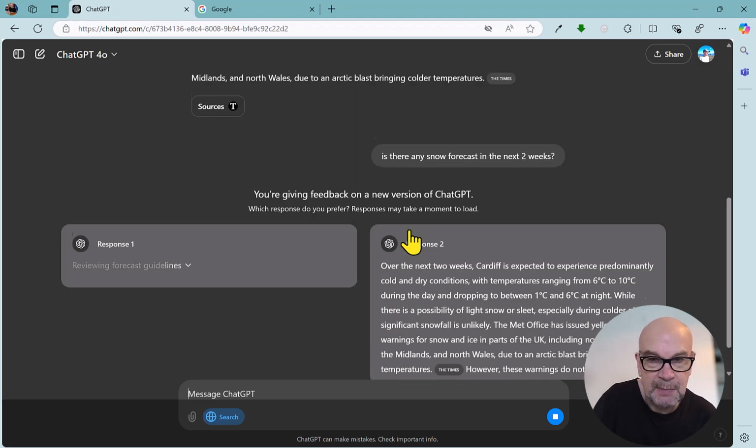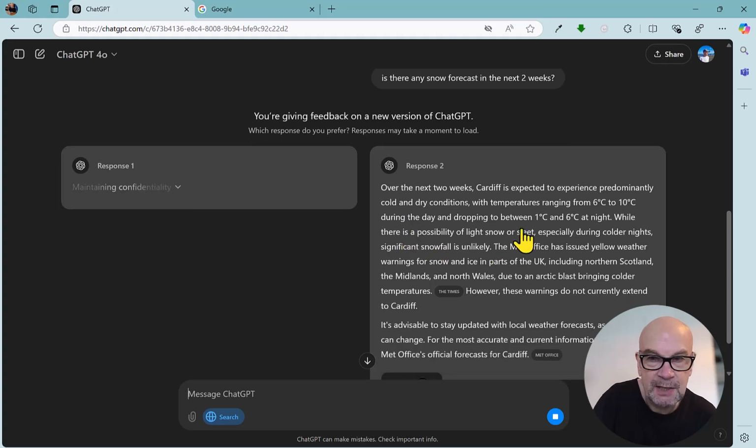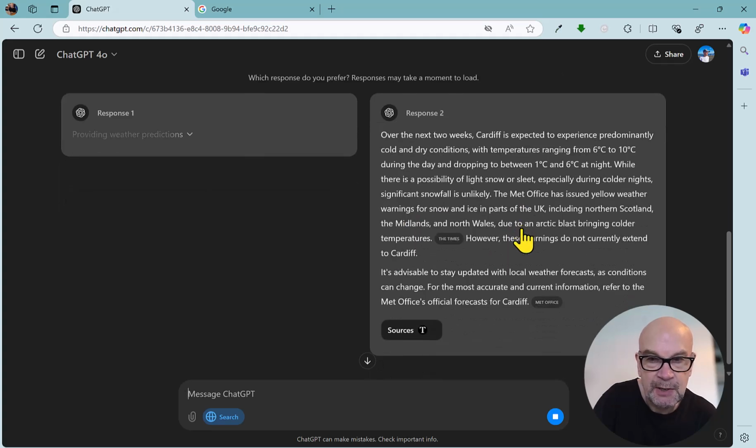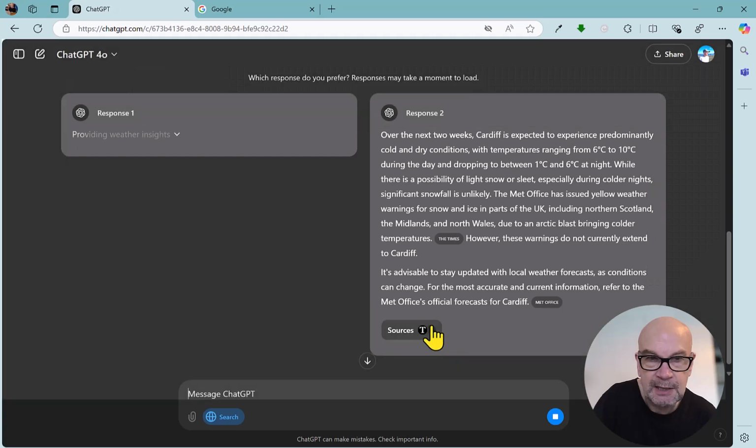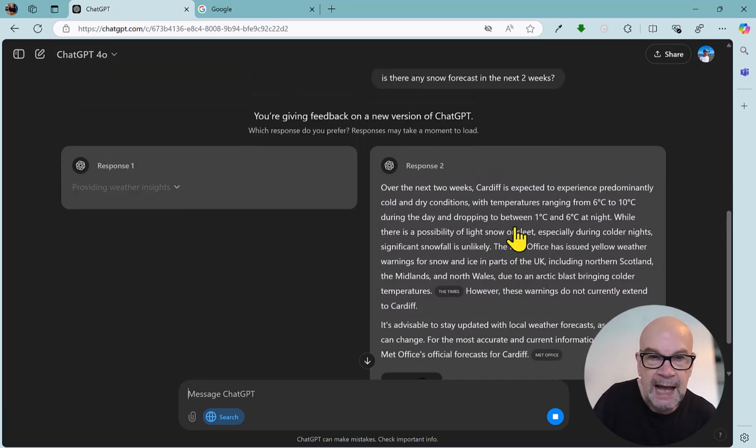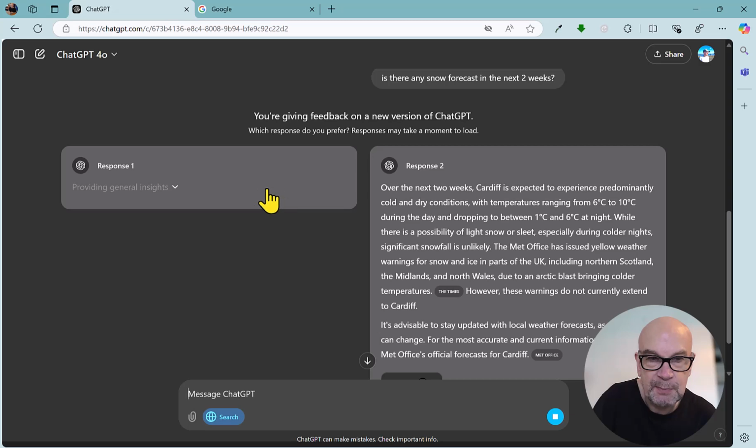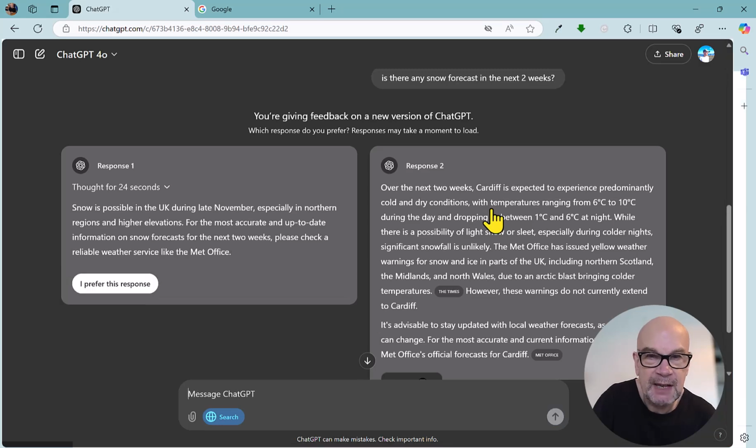It's given us a nice textual summary here, again using the Times as the source of the information, and it's continuing to work to provide some insights, as it puts it here, on response one, taking quite a bit of time to do that. But Google Search doesn't actually have that facility to carry on the conversation,